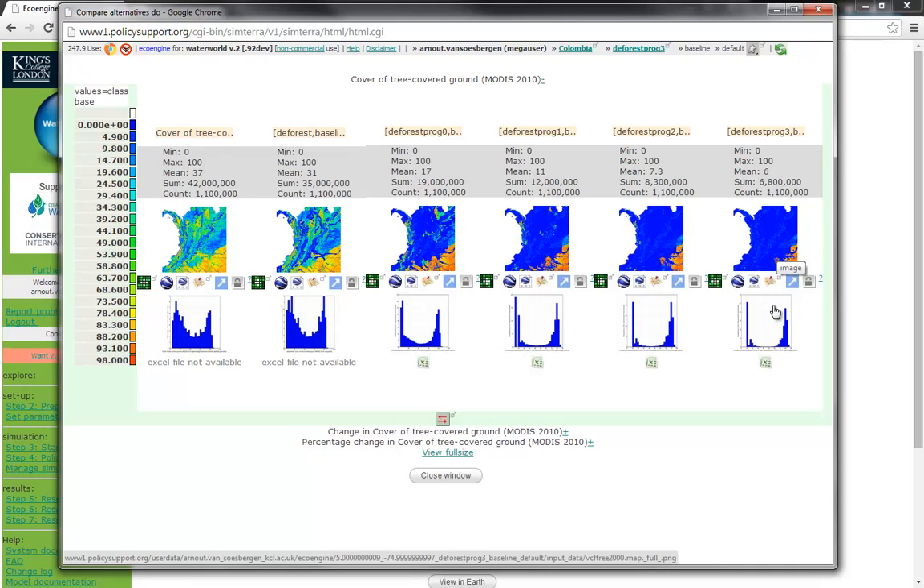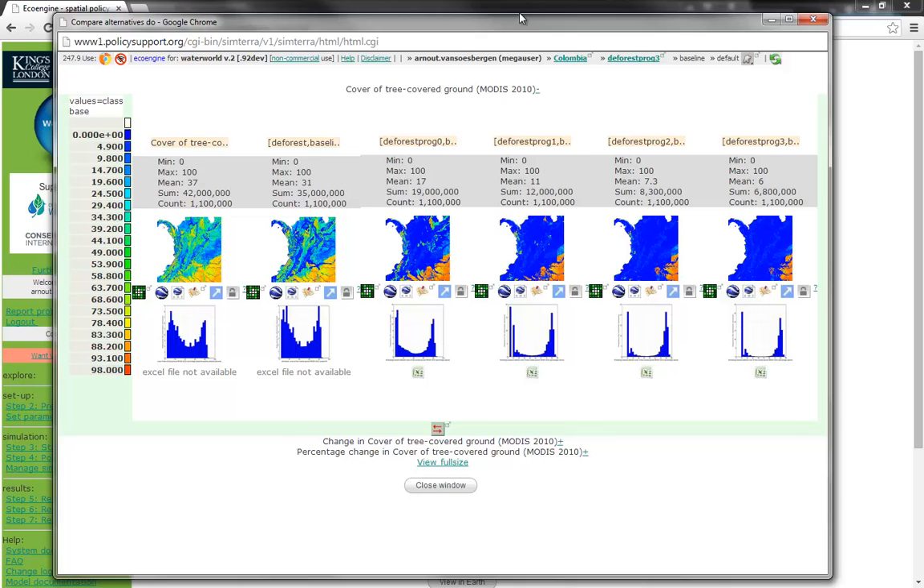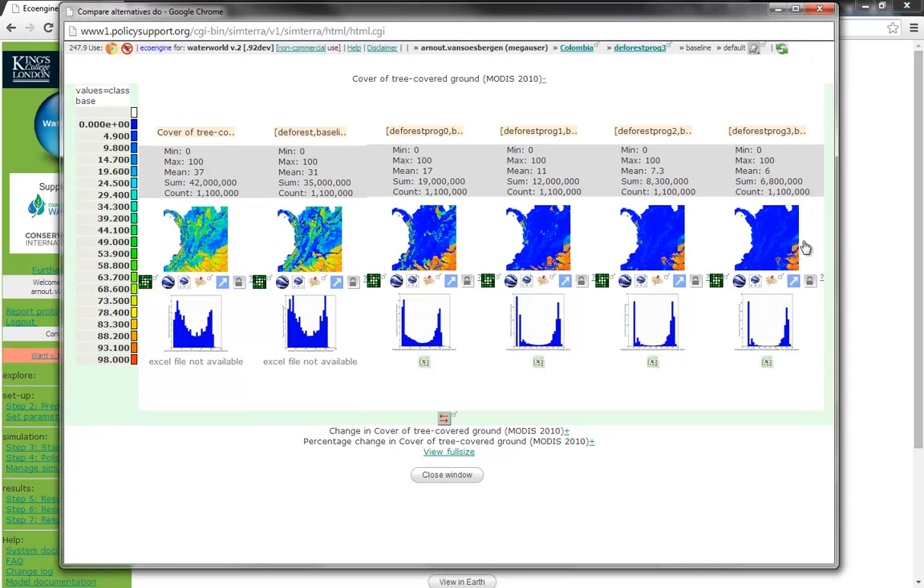And what you can see clearly is that our deforestation rapidly increases until there's hardly any forest left in our final time step. And so I just realized as well that the map that was shown initially when I clicked on compare alternatives for tree cover was actually the final output map and not the baseline map. And so this is a great way of quickly looking at the changes that are occurring under your scenario. And again, you can do this for your input maps, but you are also able to do this for your output maps,